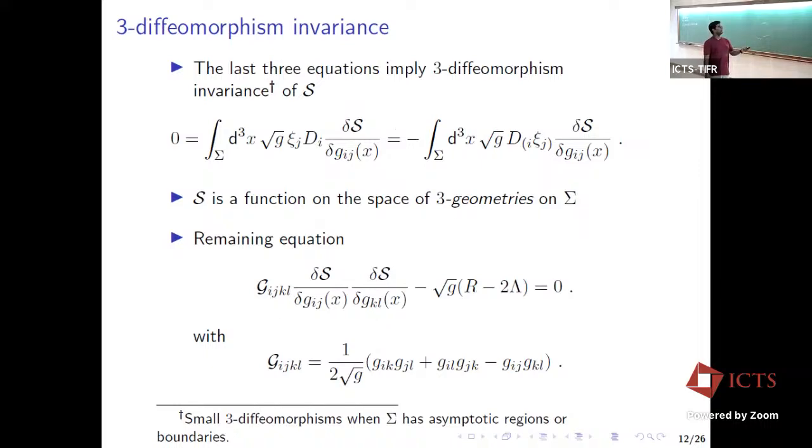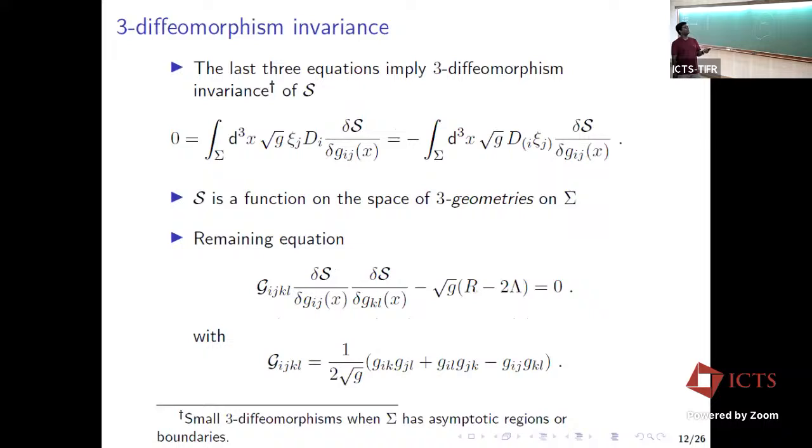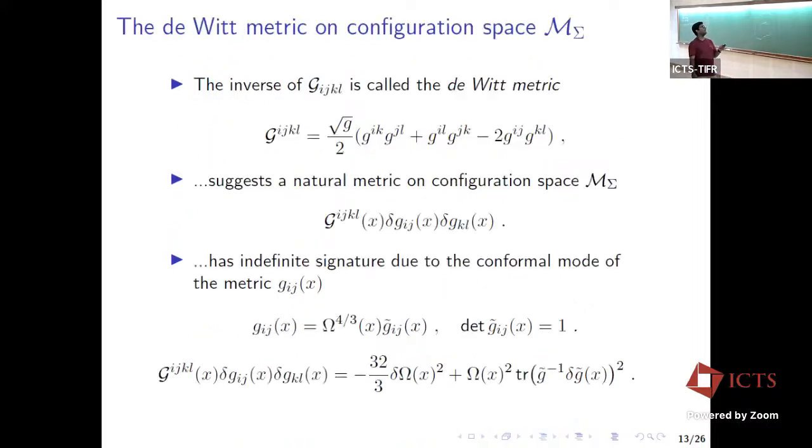Right. Yeah. So where was I? Right, here. So this inverse of this G^{ijkl} is called the DeWitt metric. So G_{ijkl} has to be thought of as a metric with ij as one collective index and kl as another collective index, so that it serves as a metric on the configuration space of G_{ij}s. And one can take an inverse in that sense, and this will turn out to be a formula. So this G^{ijkl} will satisfy something like